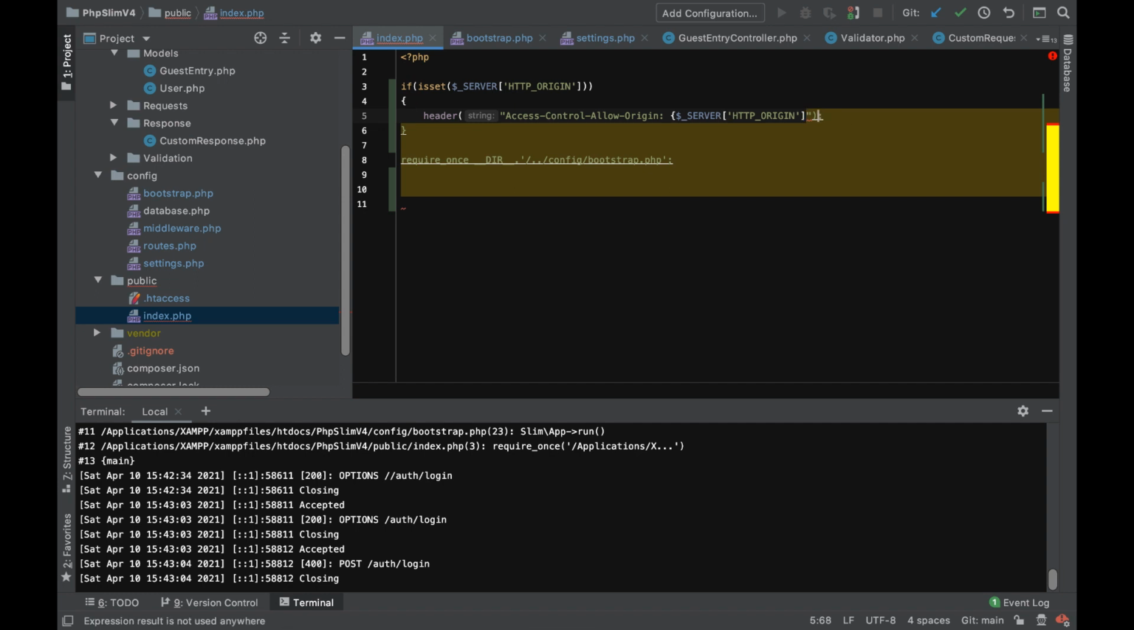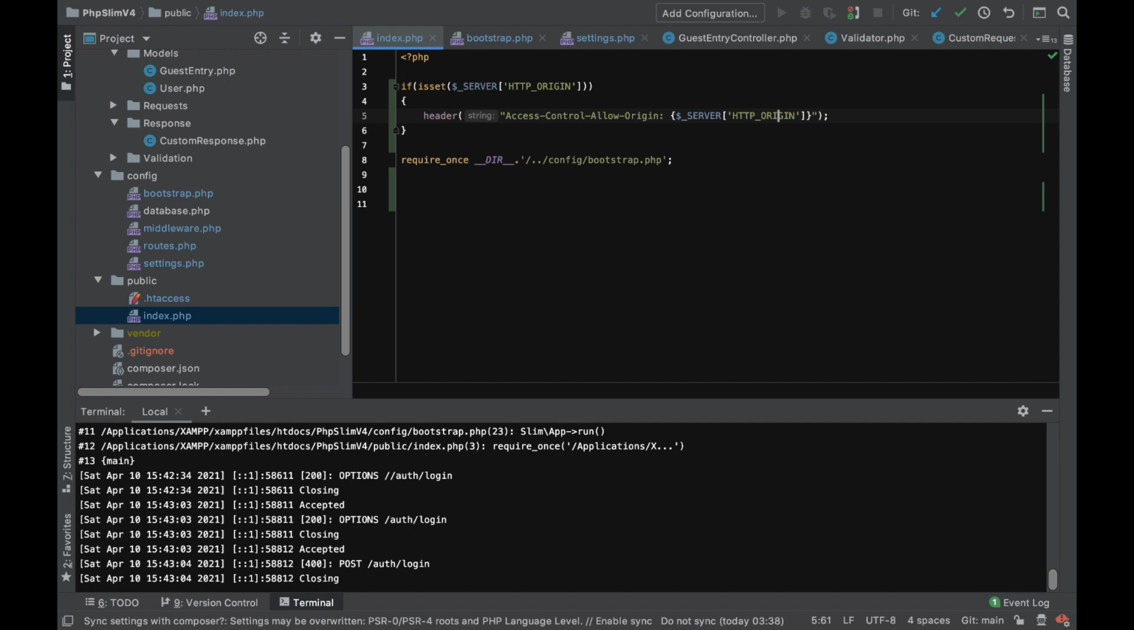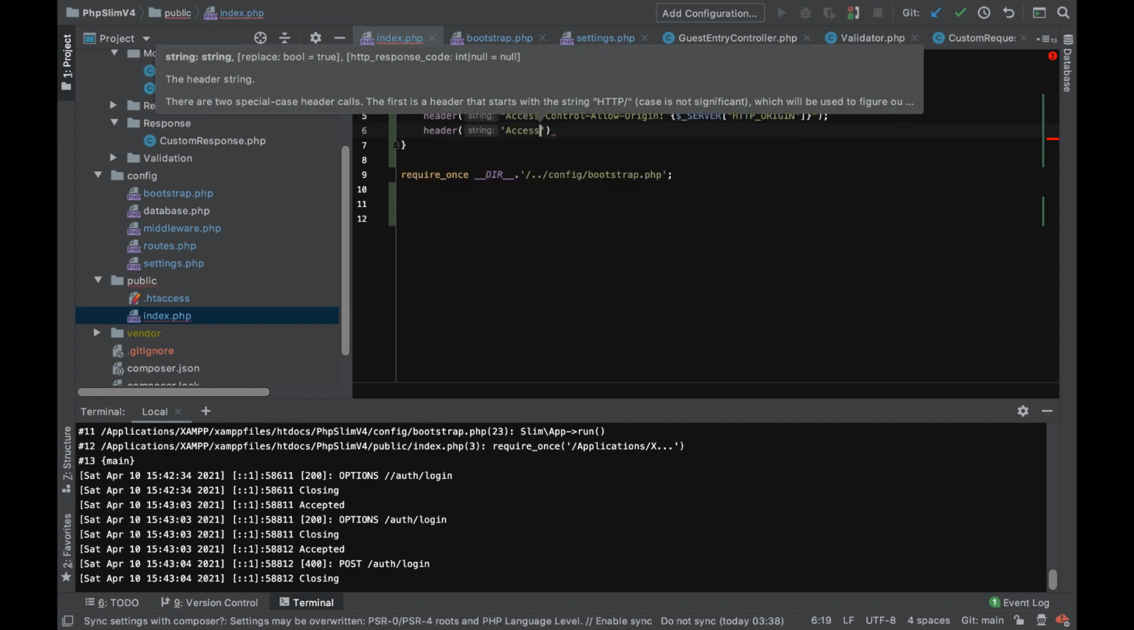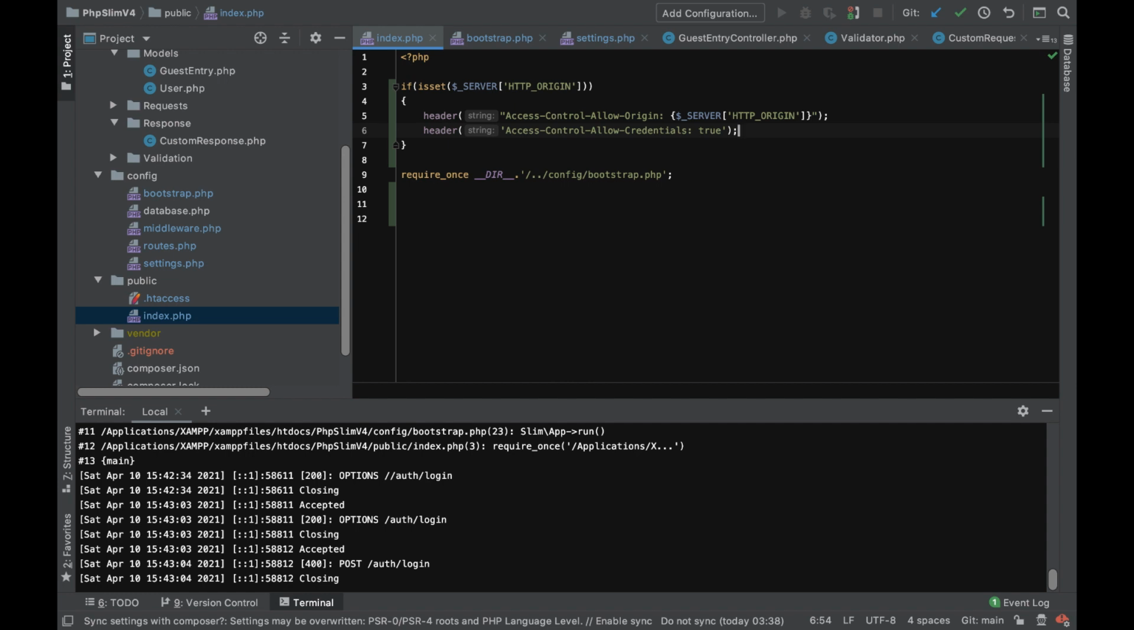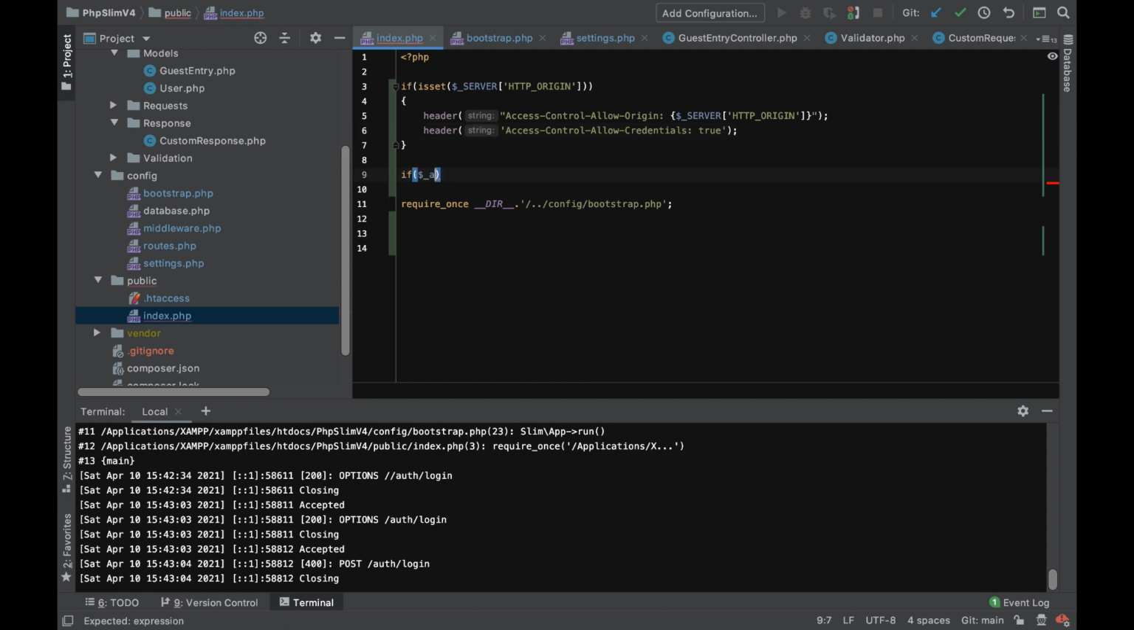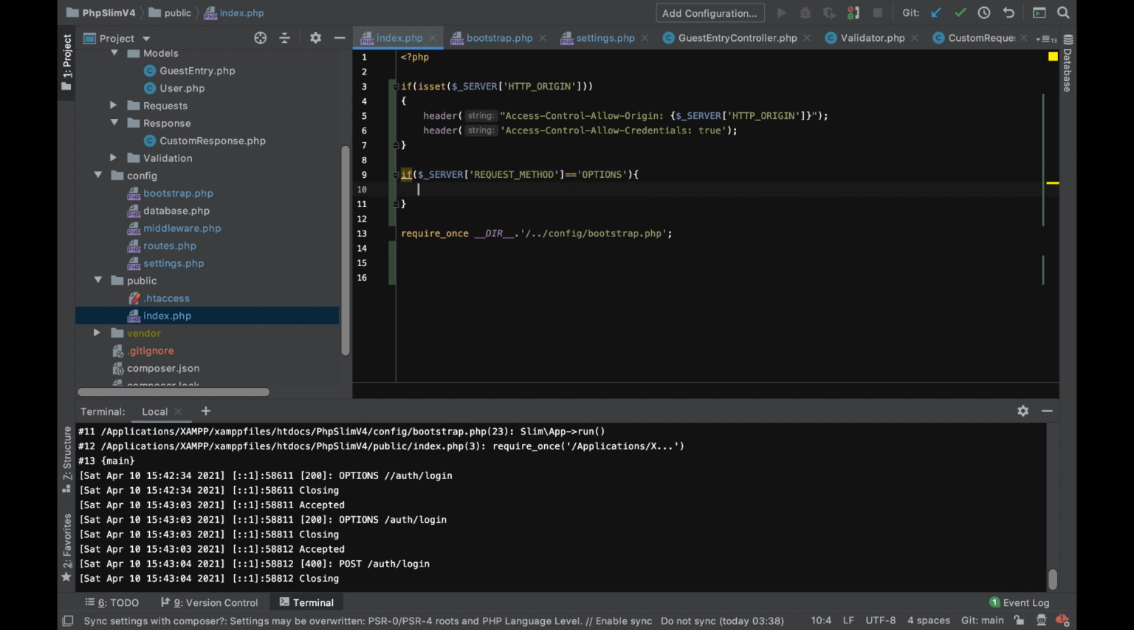And then why are we okay here? So yep, and then we also want to set our header for our credentials. So here I'm going to call Access-Control-Allow-Credentials, and here will be true. And then we are then going to check to see if our request method has options in it. Then if our request method is an OPTIONS type, then we are going to